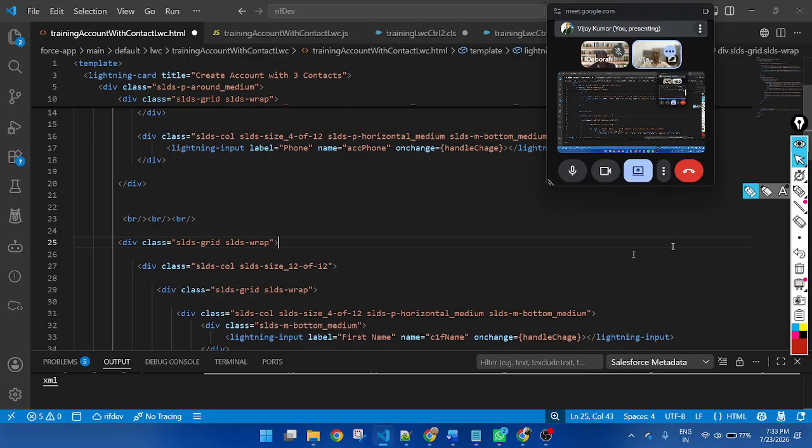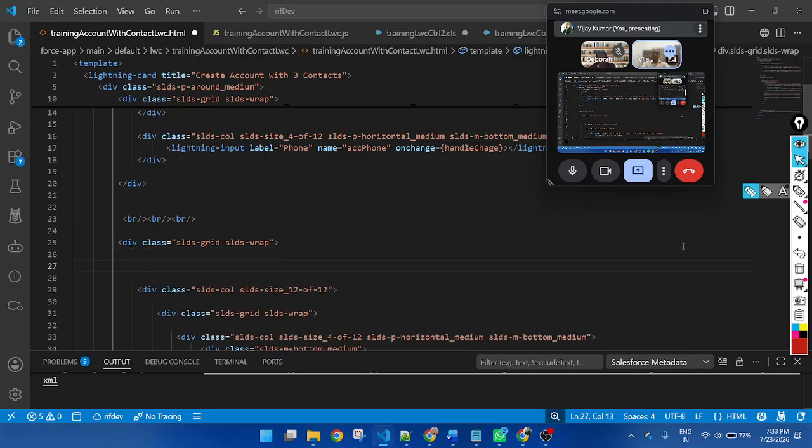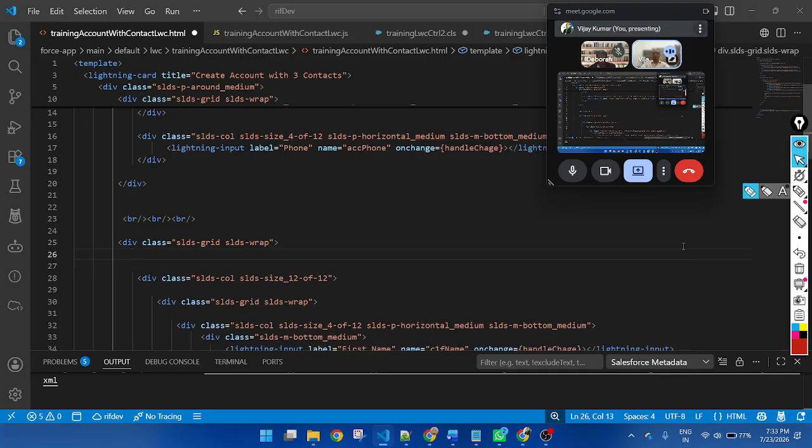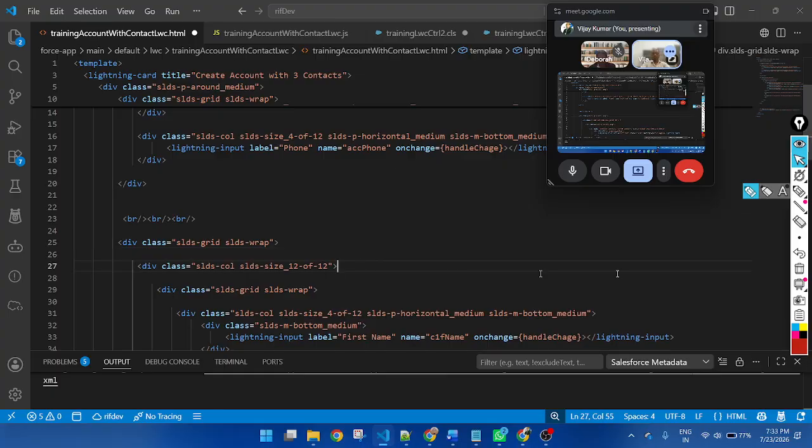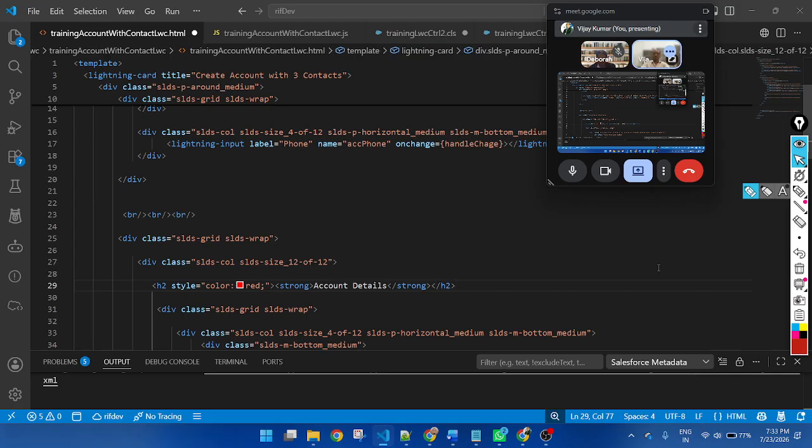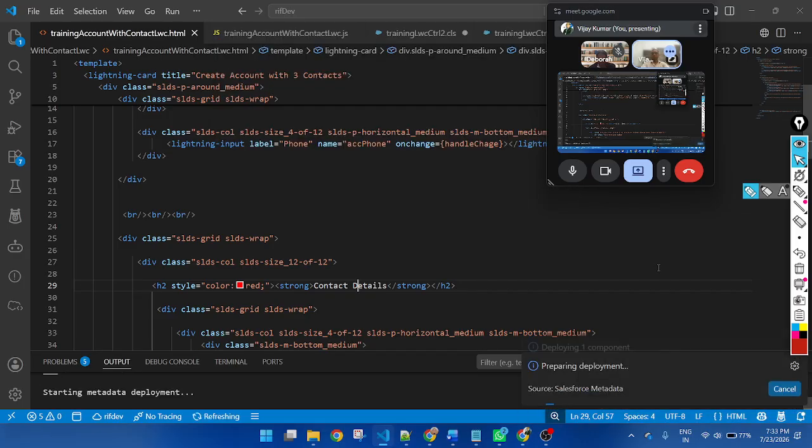This is a right here. You can use here the title, contact detail. Now let's save and deploy the code.